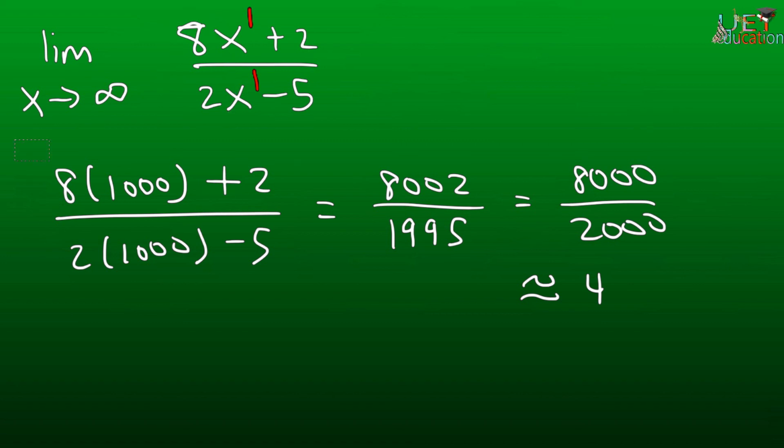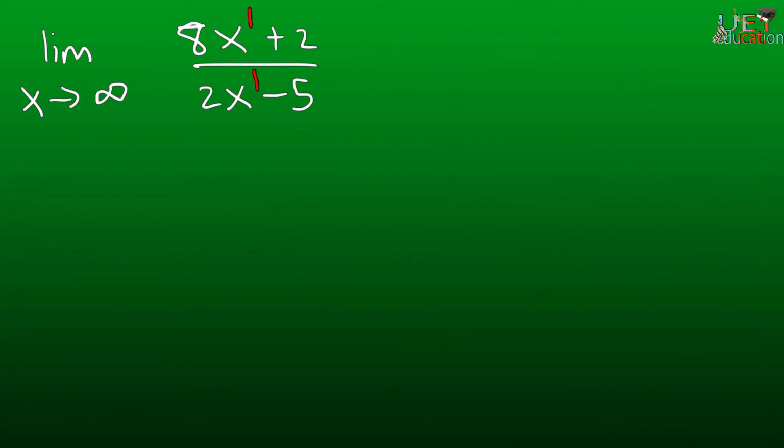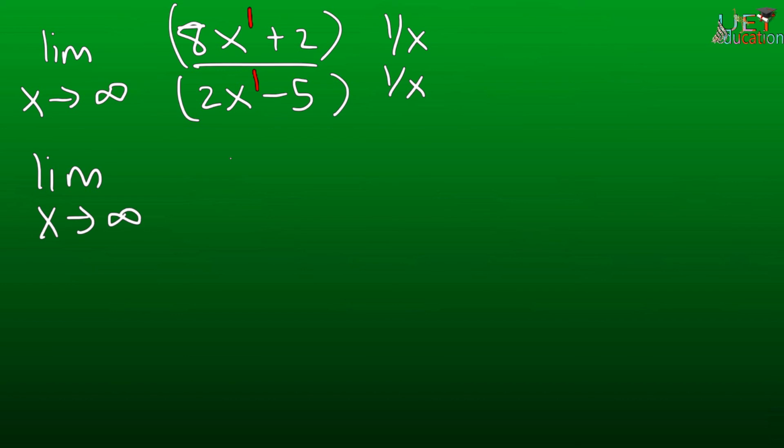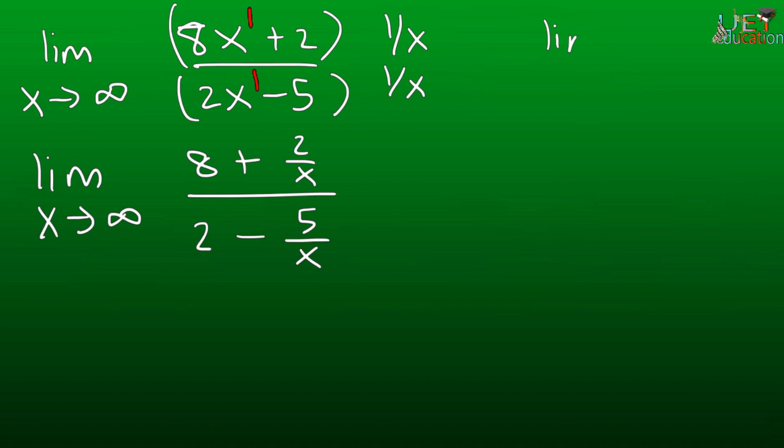Now, if you want to show your work, here's what you can do. So multiply the top and the bottom by 1 over x. So we're going to have the limit as x approaches infinity of 8 plus 2 over x divided by 2 minus 5 over x. And keep in mind the limit as x approaches infinity of 1 over x is